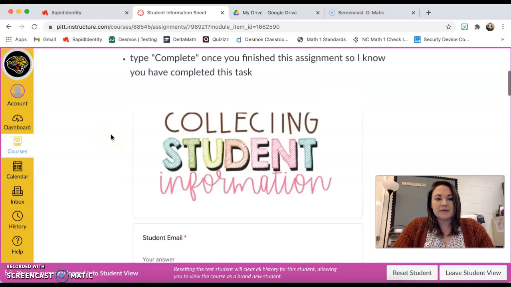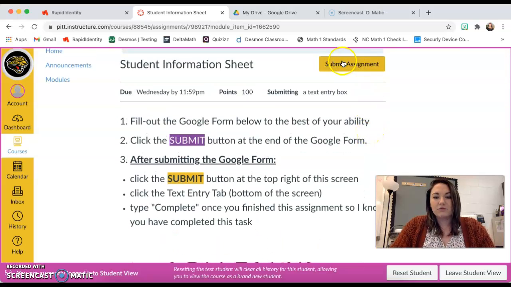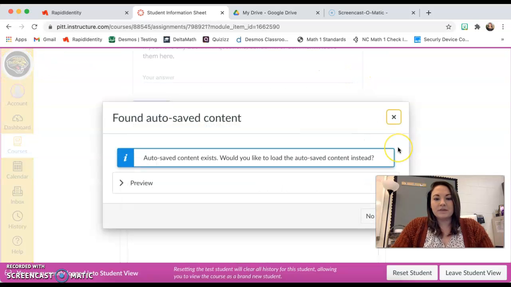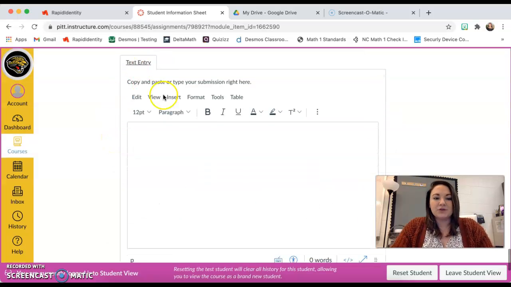Okay, that was step 2. Step 3 is after I've submitted that Google form, I need to click Submit at the top right of this screen. That's what's going to unlock the next task. So when I click Submit, it's going to bring you down to the bottom of the screen where you would be